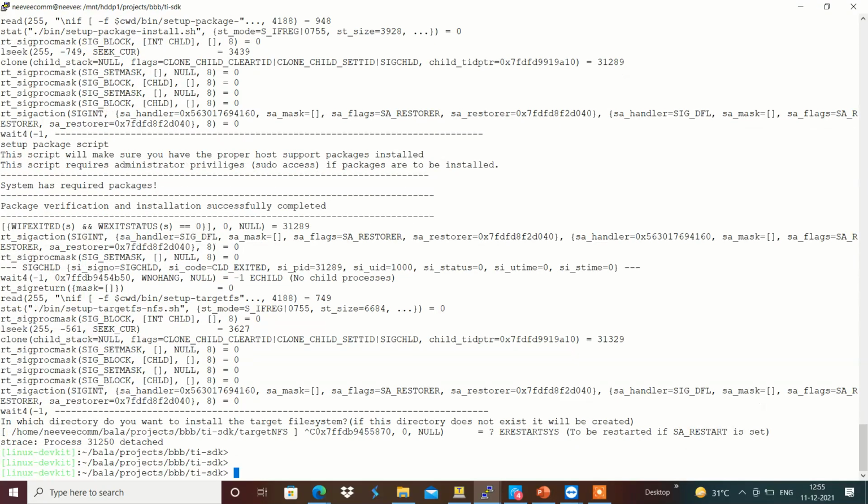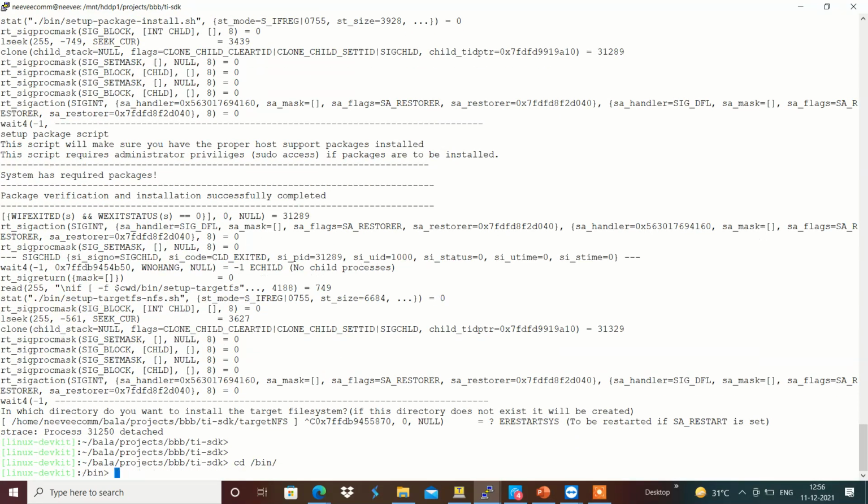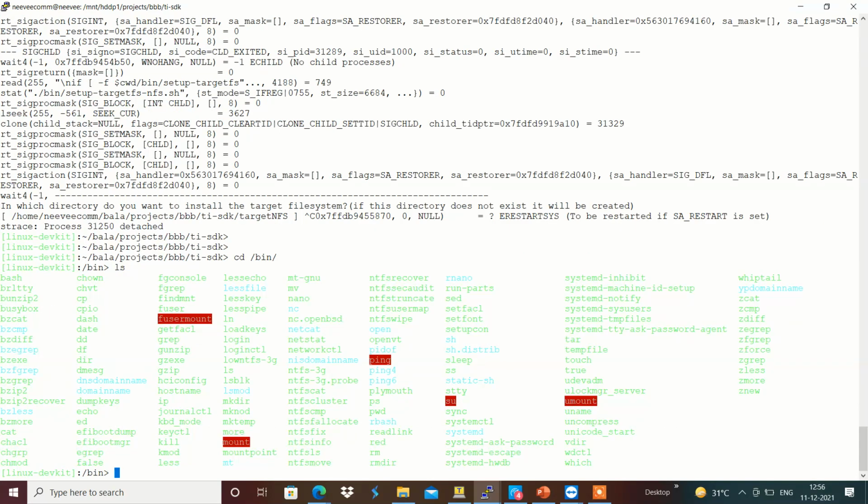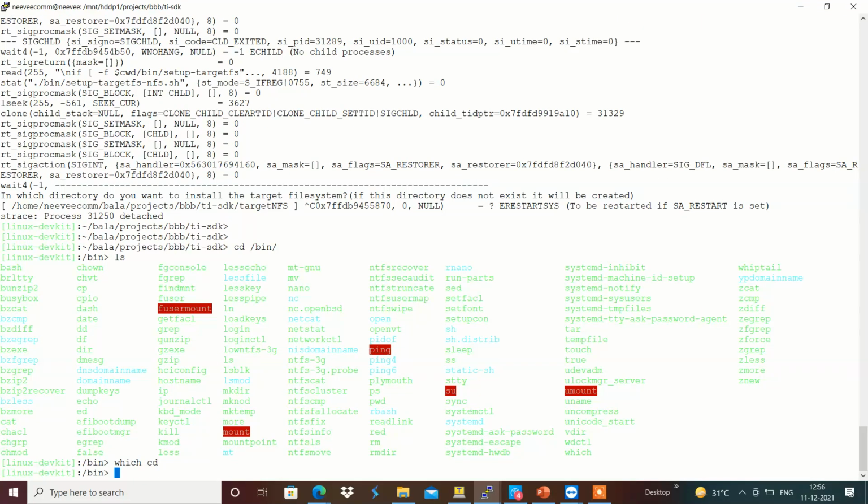For example, maybe I am going to use bin, and we have strace and cd.